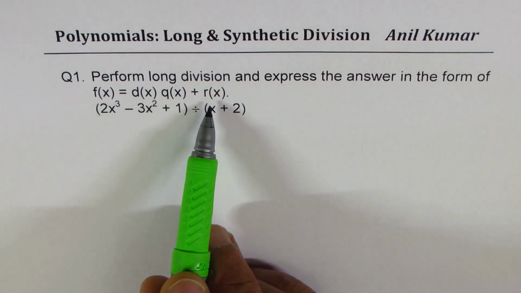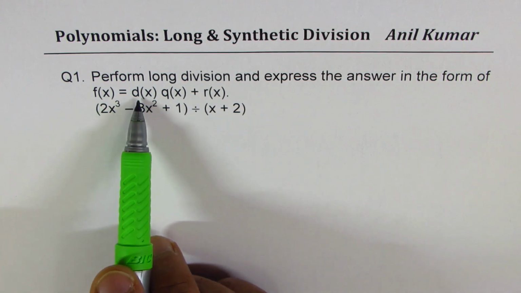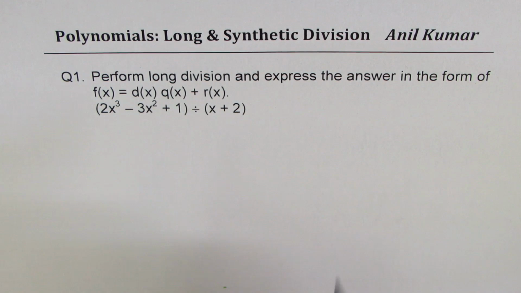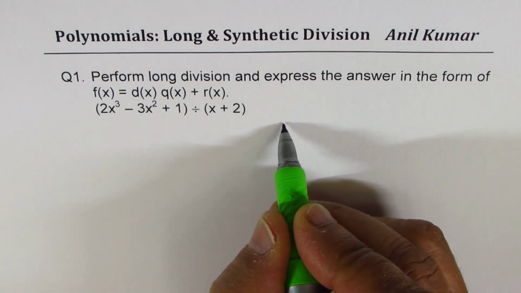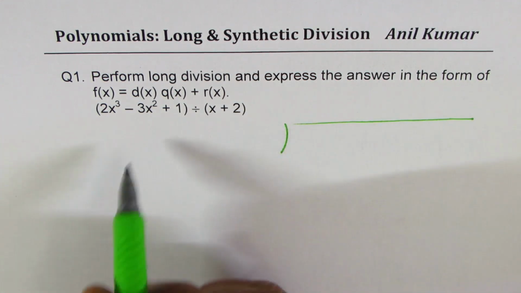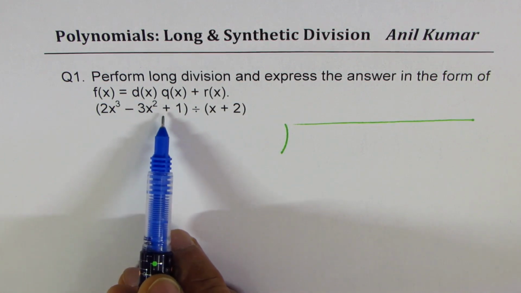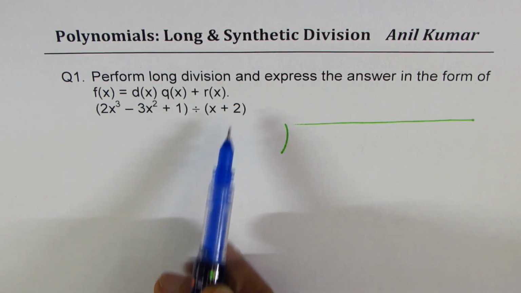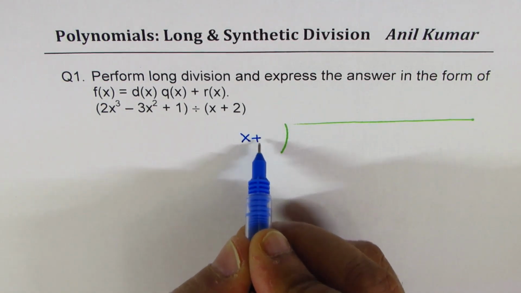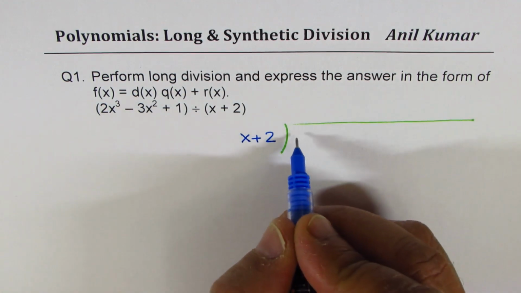Now in this statement, f of x is a function which is equal to divisor times quotient plus remainder, right? So that's the division statement. Now let us see how to divide and then write the answer in the given form. In our example, we have to divide 2x cubed minus 3x squared plus 1 by x plus 2. So x plus 2 is the divisor and the function is 2x cubed